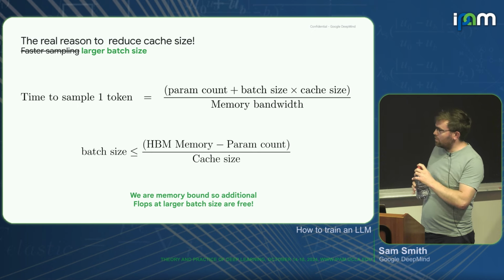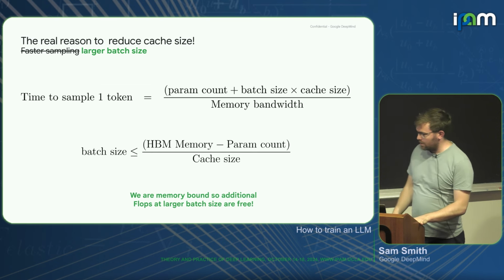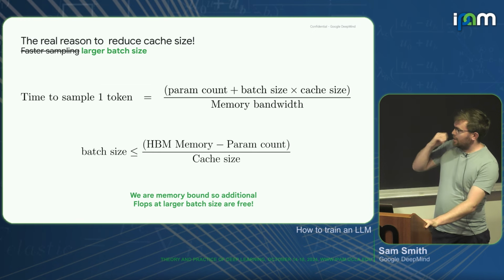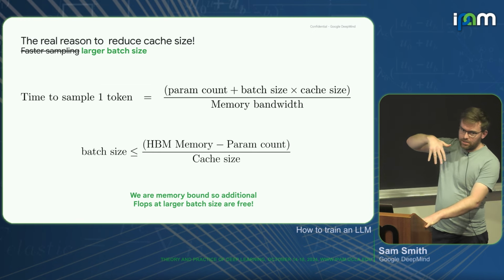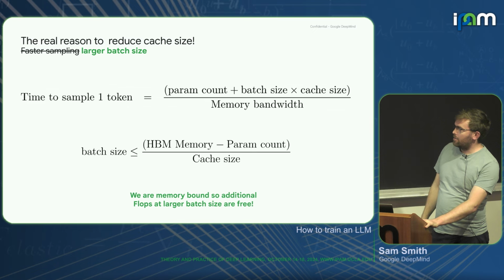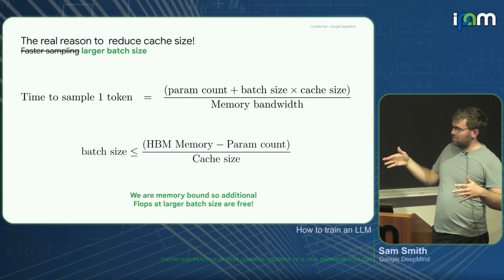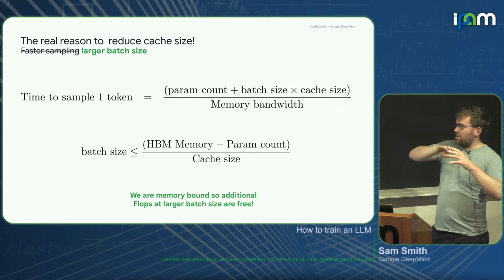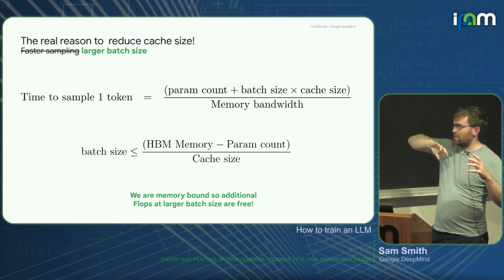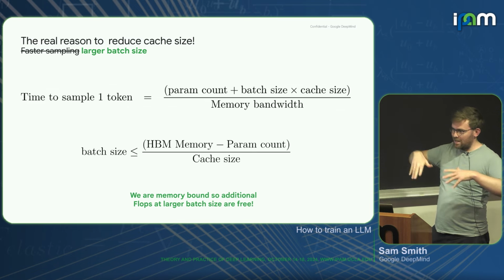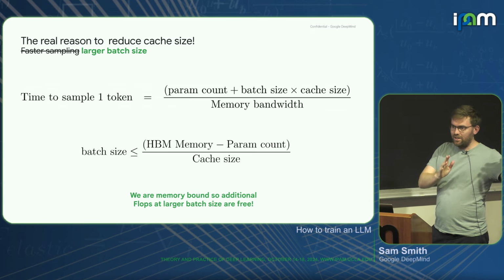So if the cache size is smaller, the time to sample the next token is going to be smaller. But actually, the main reason we want to reduce the size of the cache is if you think about how big can the batch size be during inference. The maximum batch size that can fit on the device is just the size of memory minus the number of parameters, so everything apart from cache that I have to store, divided by the size of the cache. So the smaller the cache, the bigger the batch size I can fit in the same